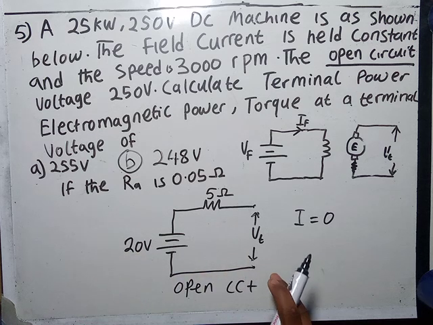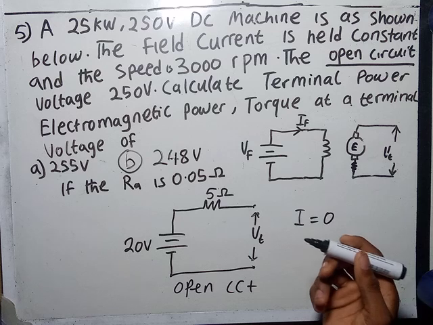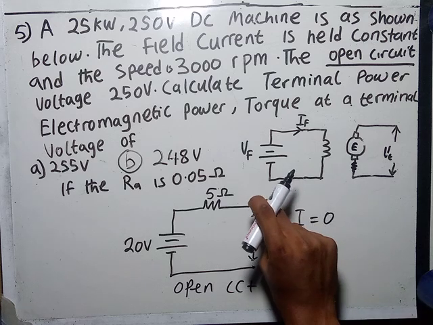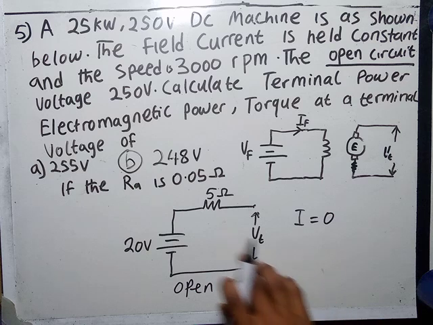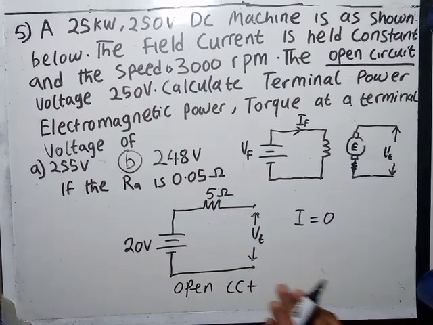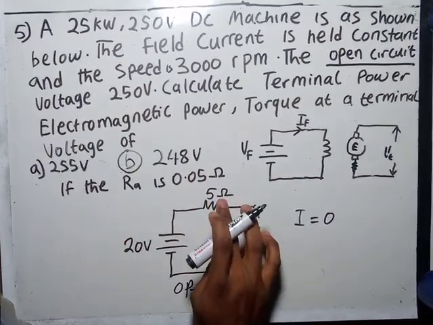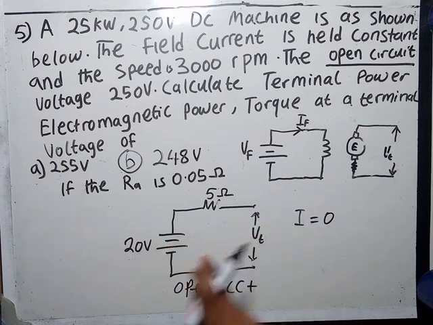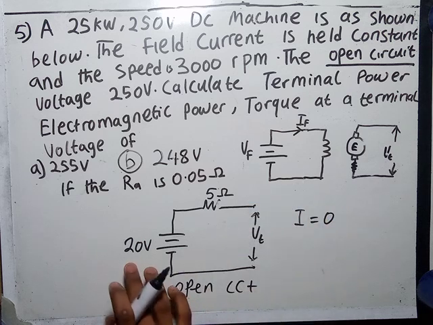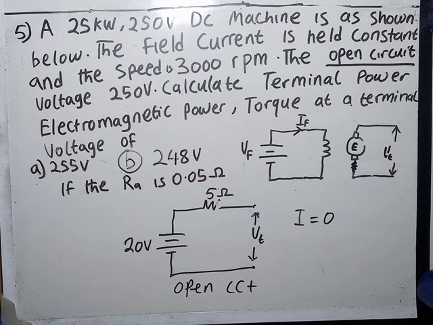If you bring your multimeter and you measure it at this point, though it will complete the circuit, but if this resistance wasn't here, your multimeter will tell you that the voltage at this terminal is 20,